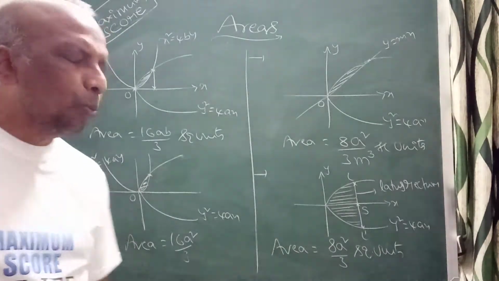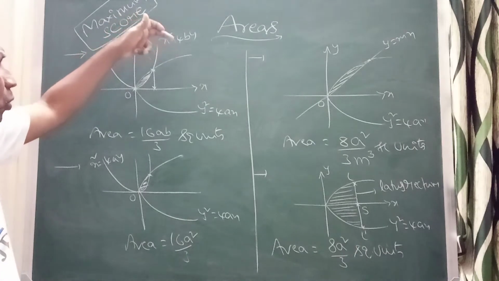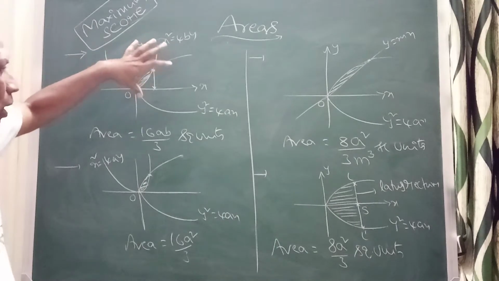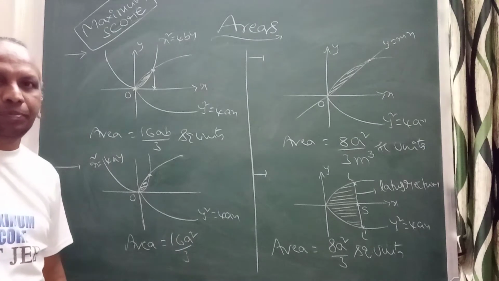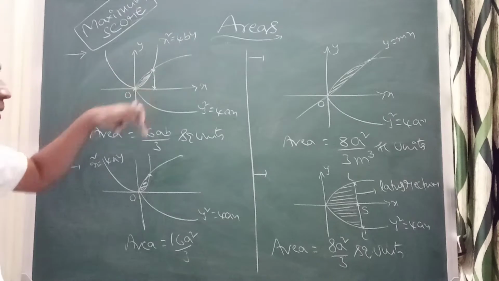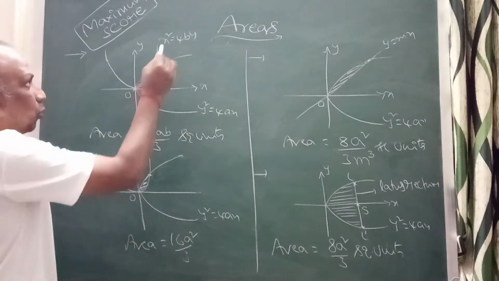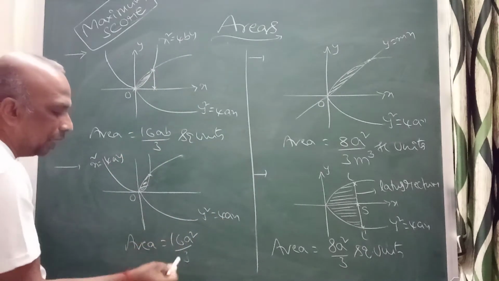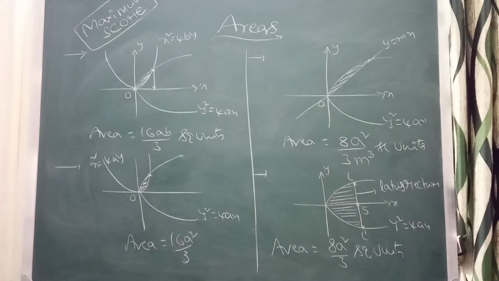So see a few more points about areas. If we take parabolas x square equal to 4by, y square equal to 4ax, the area bounded between these two parabolas will be 16ab by 3. You need not find the point of intersection directly. They give it like this, 16ab by 3. Suppose if they change b equal to a, this will become x square equal to 4ay, y square equal to 4ax. When a equal to b, it will become 16a square by 3.